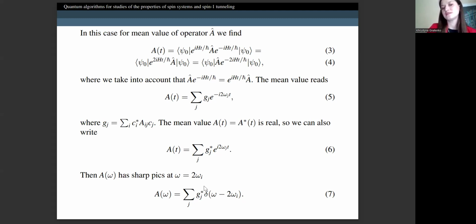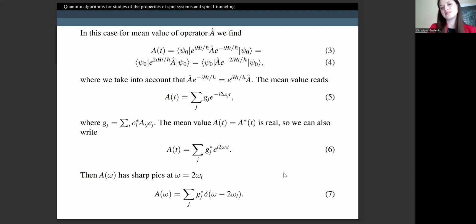So we can see from here that we have these delta peaks, which correspond to the points 2 multiplied by omega i. So we use this theoretical result in our quantum programming, and on the basis of this result, we studied,